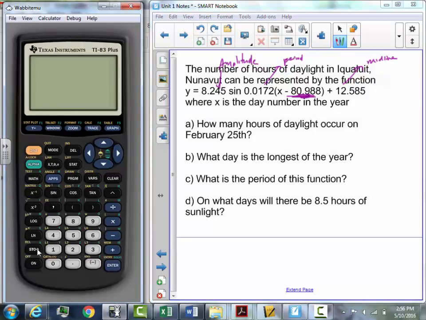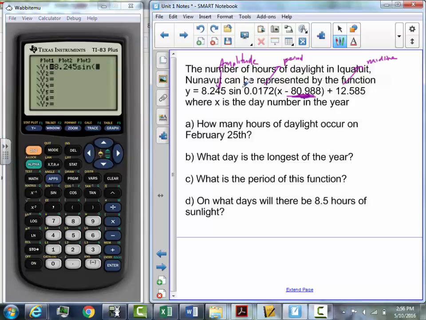So type in y equals 8.245 sine. Okay, I need to point out how this works here. Do you see how when you type in sine, it opens a bracket for you automatically? But right here, it didn't open a new bracket till later. What that means then is you have to put a bracket here, then type in like